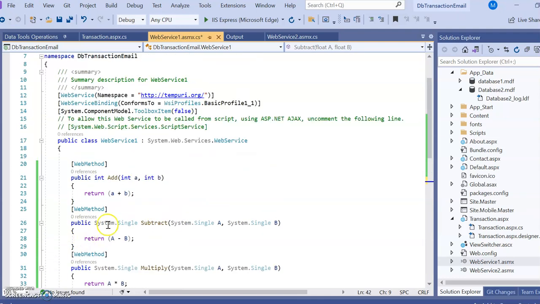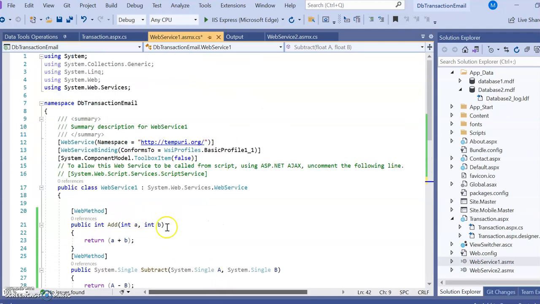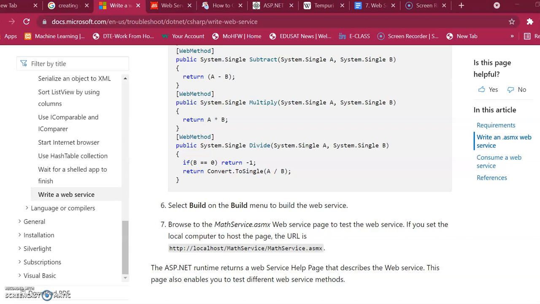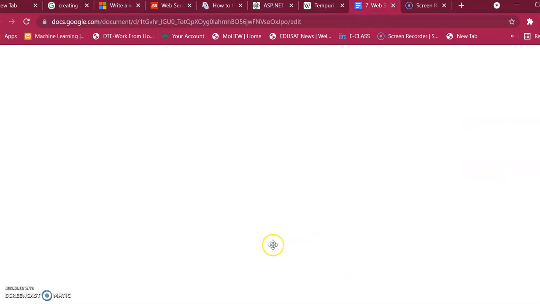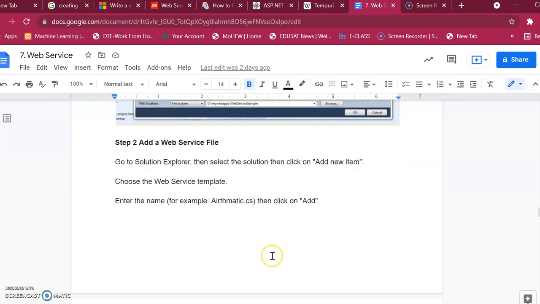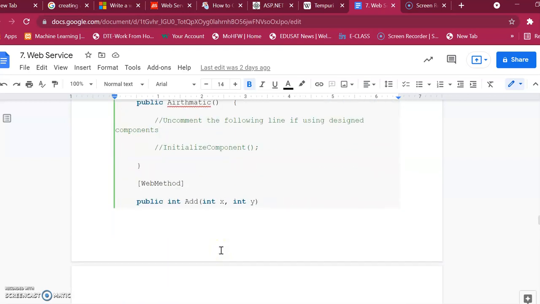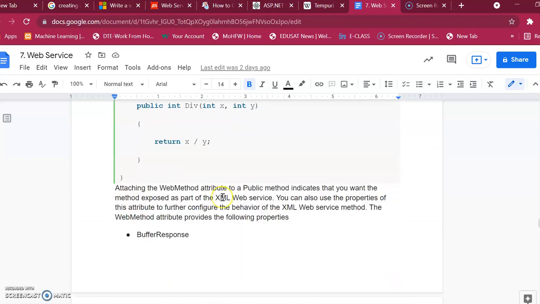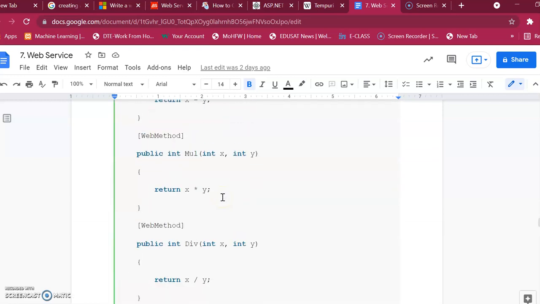So this is about the creation of the web service. The same is given in the documentation: in the notes it is provided how to create a web service, how to add it, and how to run it. We will stop here, and in the next video we will see how to consume this web service in your web application.